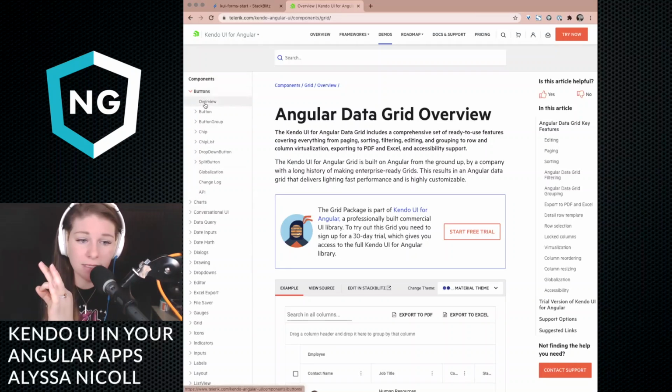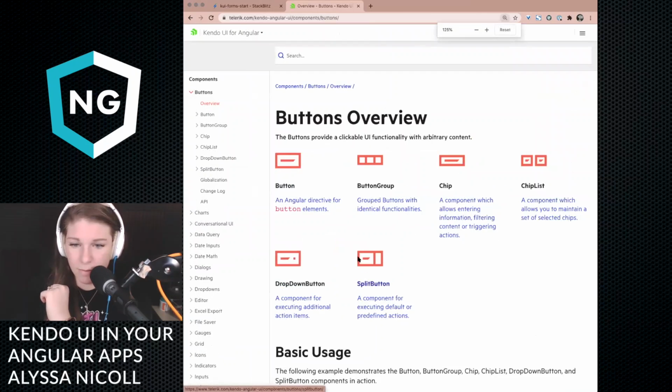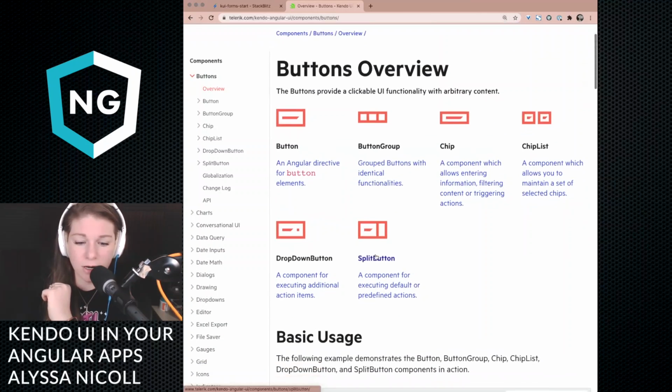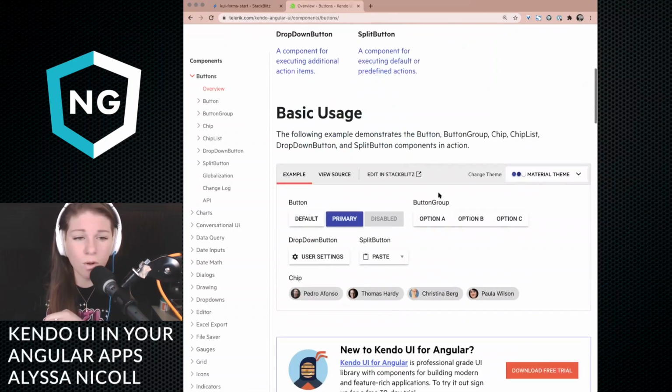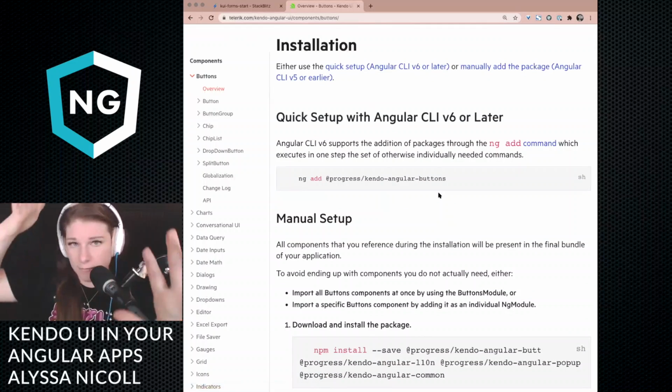So if we go into buttons and look at overview, these are the buttons that we were talking about. And I can actually bump this up a bit for screen sharing abilities. These are the buttons, and you can go into each one to look at their specific docs and the APIs around those. But if you scroll down on every single overview page, we have Alyssa's favorite section.